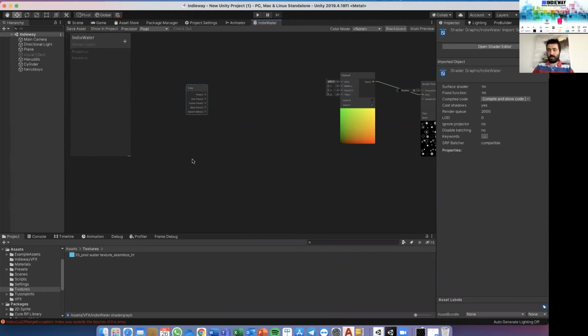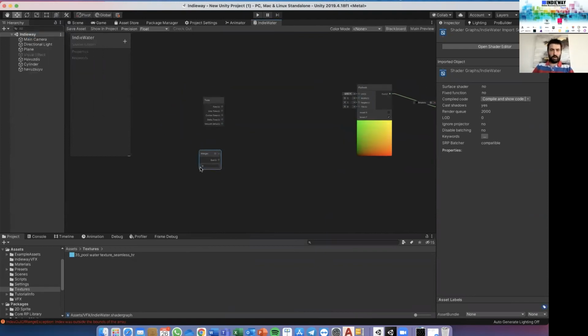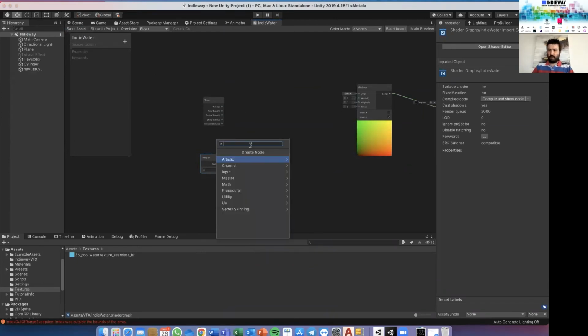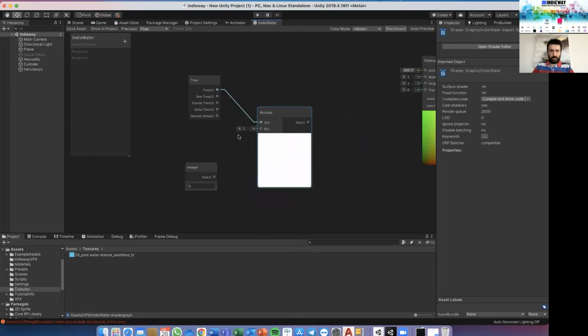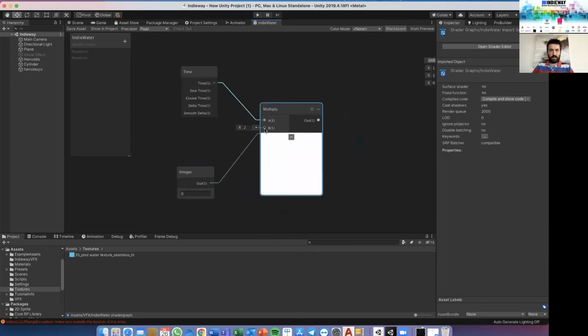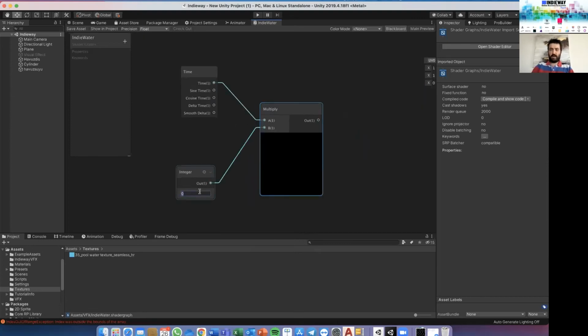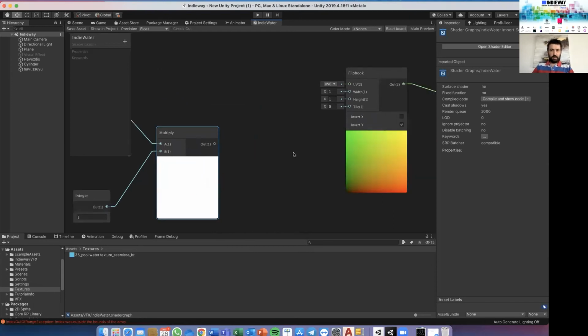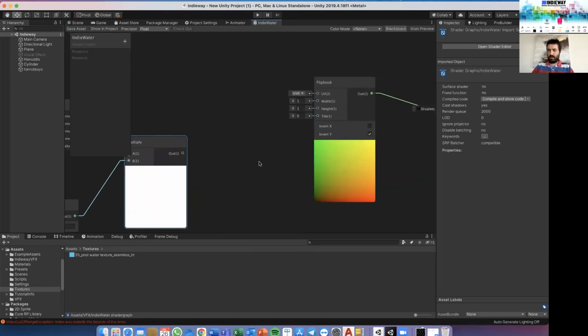If you want to use time slowly or more rapidly, an integer input can be put here, and then if you write multiply here, you can bind the time and integer with the multiply, and multiply these two elements. For example, let's multiply it with 5, but there is no concrete